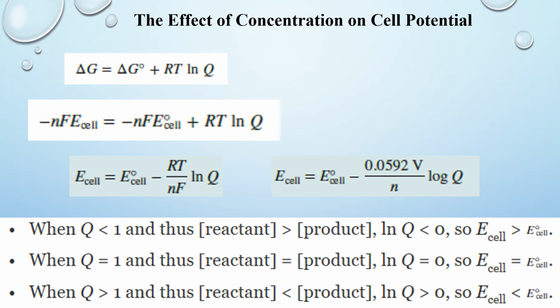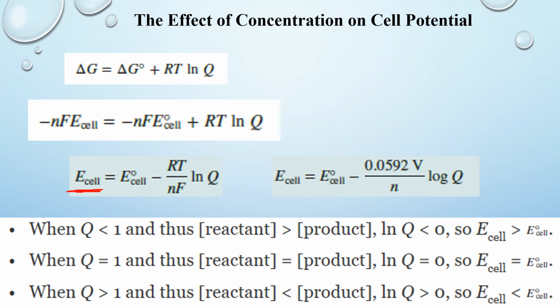So far, we have considered the cells at standard state only, so at standard conditions. But most cells don't start with those conditions, 1 molar, 1 atm, pure solid. And even if they did, the concentration changes as the cell operates. In our batteries, the reactant concentrations are very far away from those standard state conditions. So to determine the actual cell potential under non-standard conditions, that means this E cell without the standard notation,